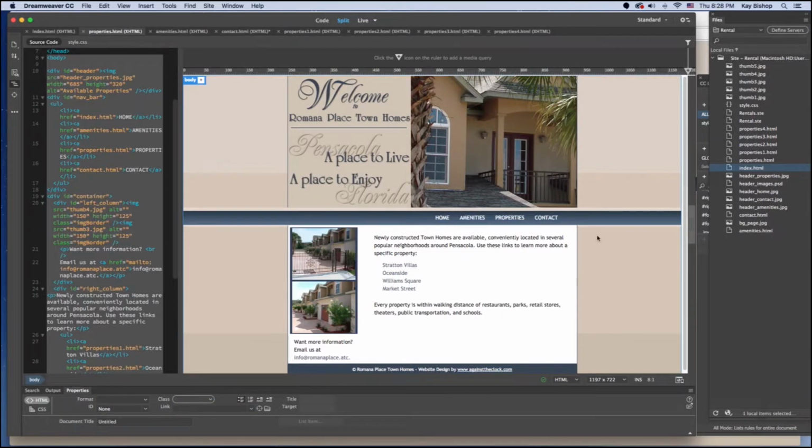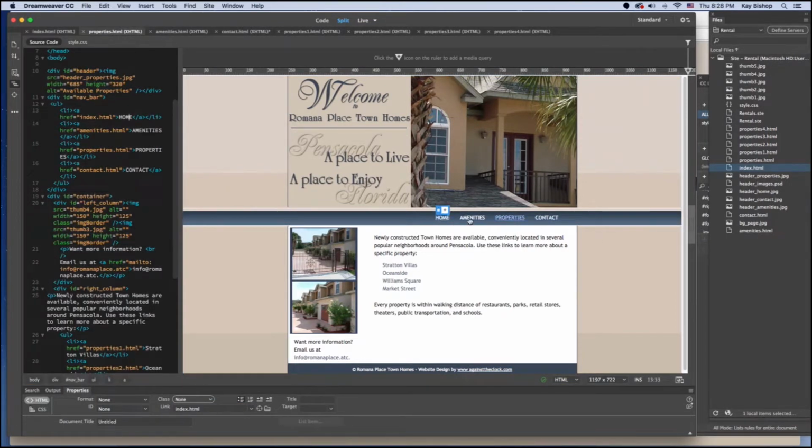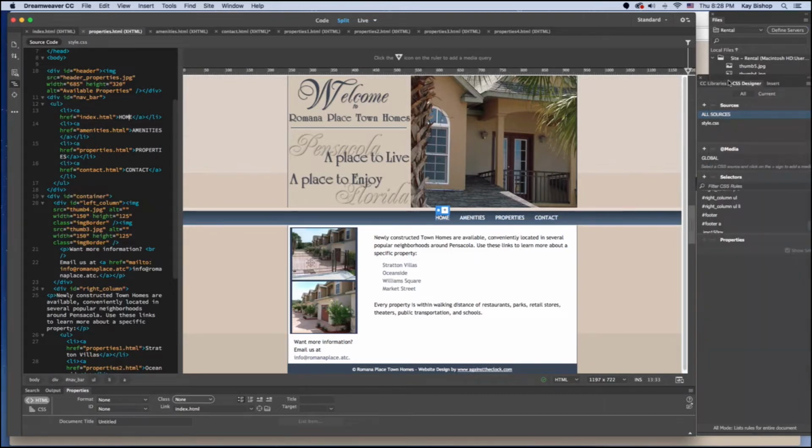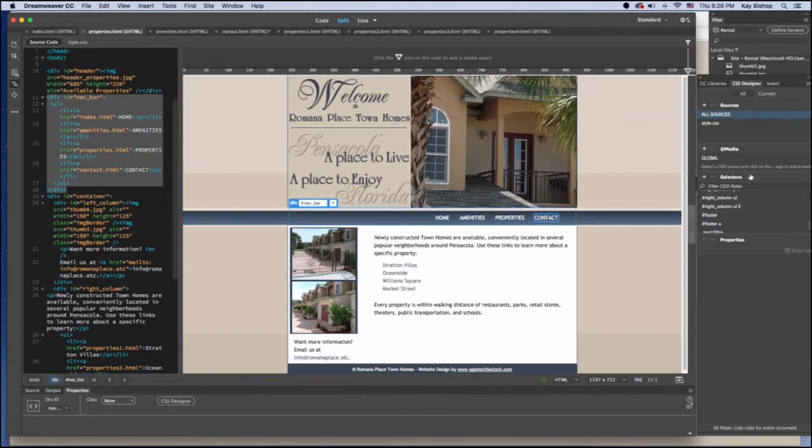One problem that you may encounter when you hyperlink the home page and all of the other pages in the navigation menu is that you may see the contact text drop down to the next line. If that happens, a simple way to fix that is to go into CSS Designer and select the tag for the nav bar. So in my CSS Designer panel, I'm going to look for my nav bar